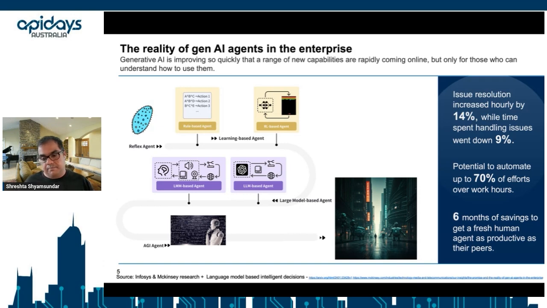From there, agents have evolved to use deep learning and machine learning concepts such as reinforcement learning to be able to pick up a new skill, make mistakes, earn rewards based on how it performs, and over a period of time pick up that skill. So a good example of this would be AlphaGo.